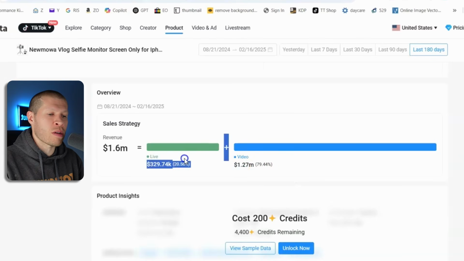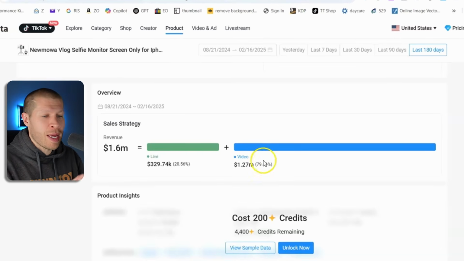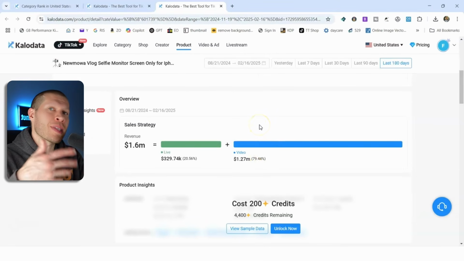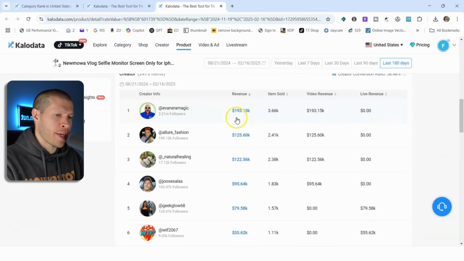So also keep in mind that there's a lot more video sellers than live streamers on TikTok Shop. Currently, it is slowly kind of evening out as more live streamers flood in because it's a massive opportunity. But again, this is just a cool breakdown of how it's selling on the platform so that you can kind of see that, right? Now, as you scroll down, one of the other things that I said is you want